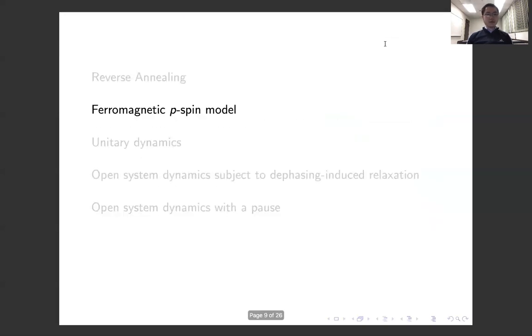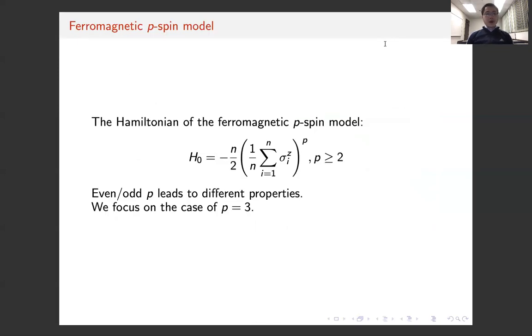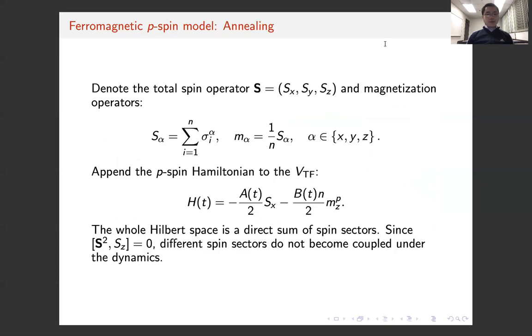So to test our intuition, we would like to simulate some dynamics for a particular model called the PSP model. So the PSP model has the following problem Hamiltonian. And even though odd P leads to different properties of this Hamiltonian, like degeneracies of the ground state and phase transitions, we focus on the case of P equal to 3. P-spin Hamiltonian is good for annealing in the sense that if one constructs the time-dependent annealing Hamiltonian from the P-spin Hamiltonian